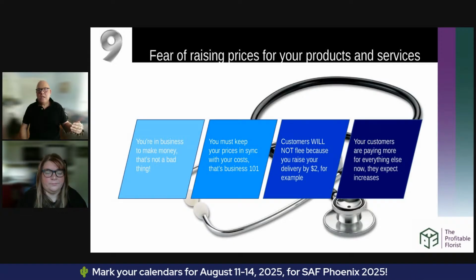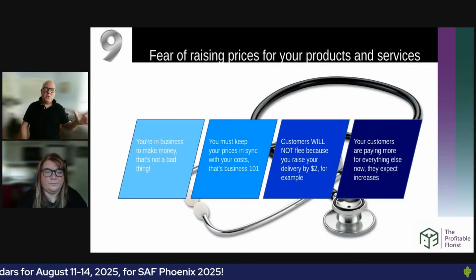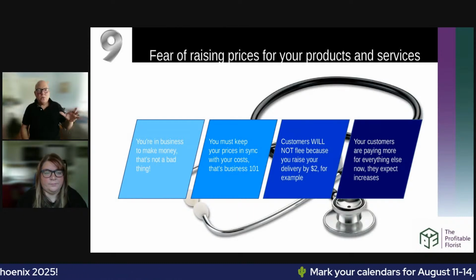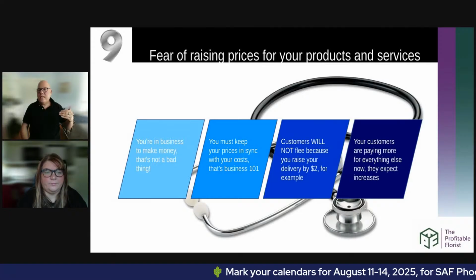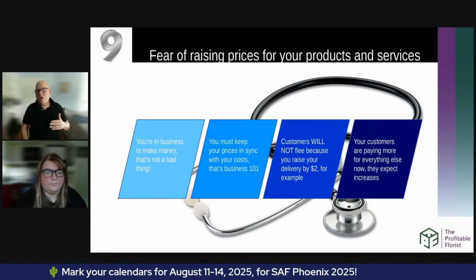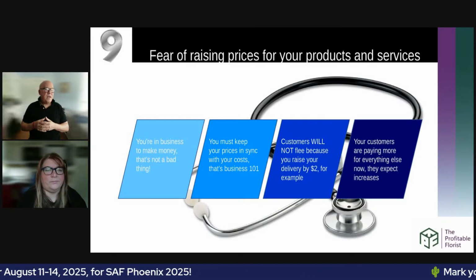If previously you were doing a 3.5 markup, but because your suppliers are charging so much more now, you figure, I don't want to upset customers, I'm only going to do a 3-time markup, you're taking your business backward. One of the things that happens so often at holidays is florists will raise their delivery fee, and